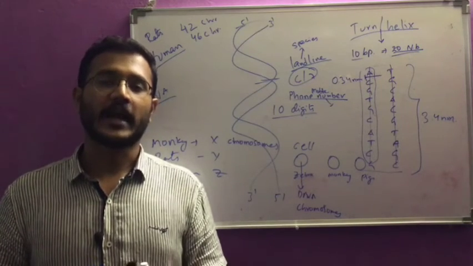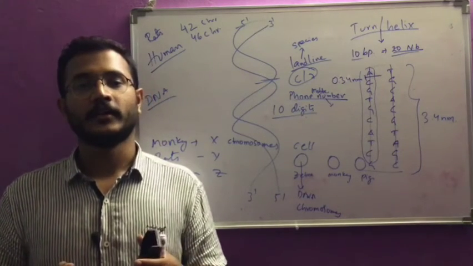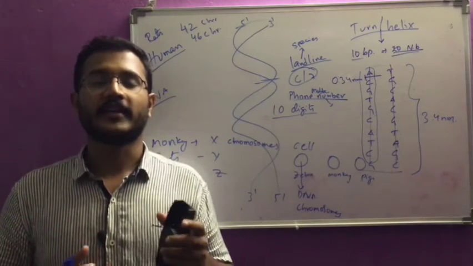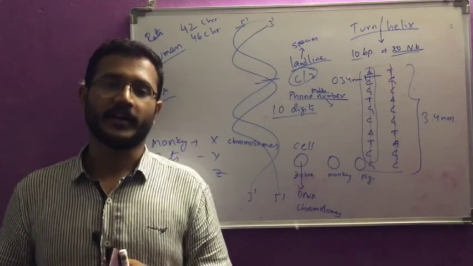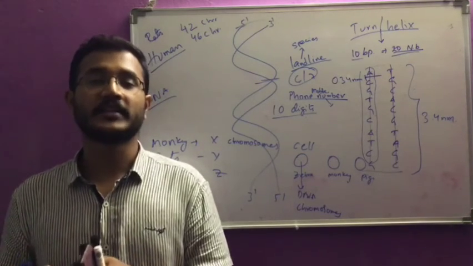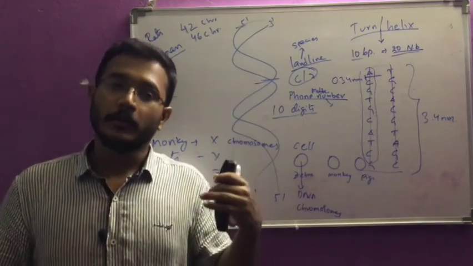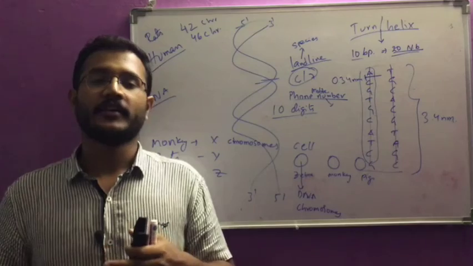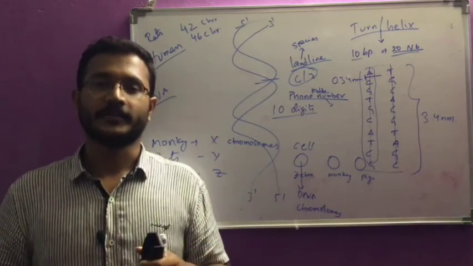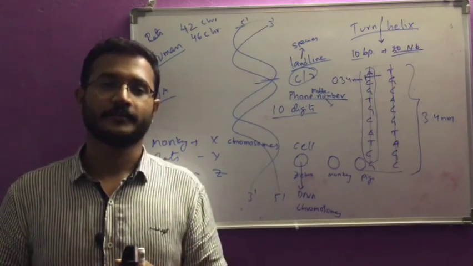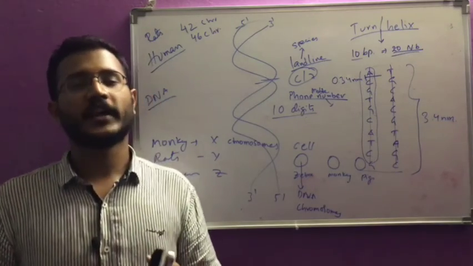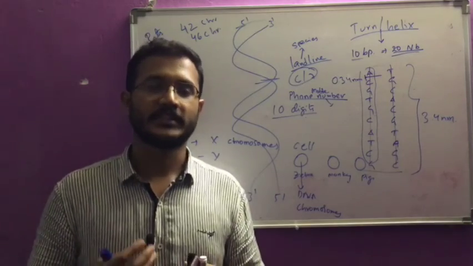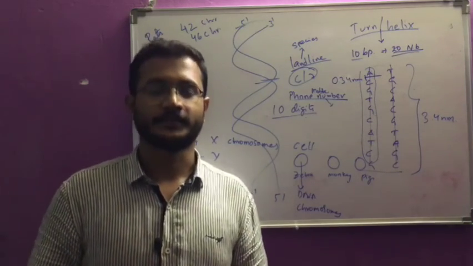That means in the gametes, DNA is shared. One copy of DNA from the mother and one copy of DNA from the father fuse together and form the zygote again. That means the offspring contains the characters of the paternal side, that means the father's side, and also the characters from the maternal side, that means the mother's side. How they are described, and with what type of experiments they demonstrated all these postulations, we will discuss in the next class. Thank you.